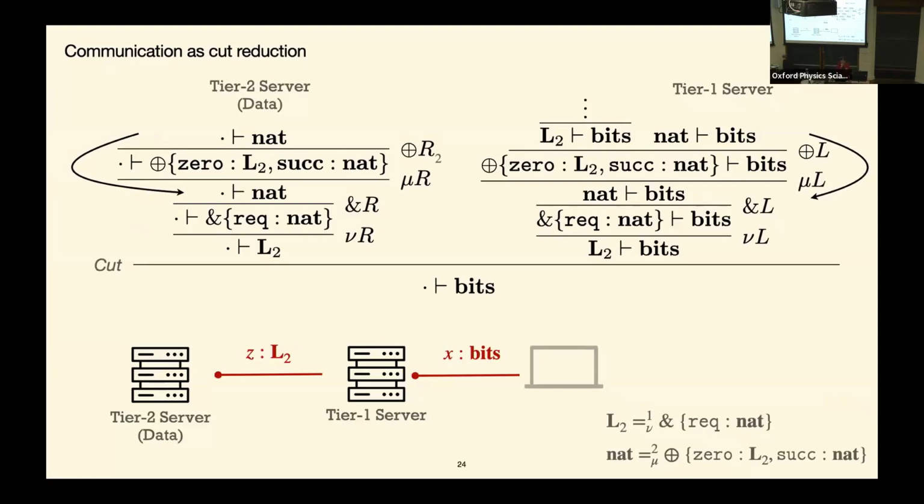Okay, so let's say that we want to eliminate this cut. If you are in the infinitary setting, you start from the top, you eliminate a cut, you get to the next cut, you eliminate that, and so on. And because it is finite, you can eliminate all the cuts. But here there is no top, so we have to start from the bottom. The idea is that you look at this cut,